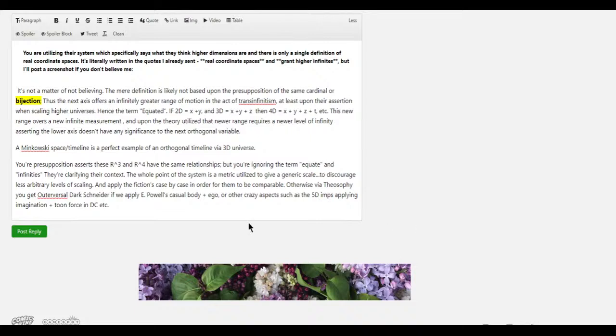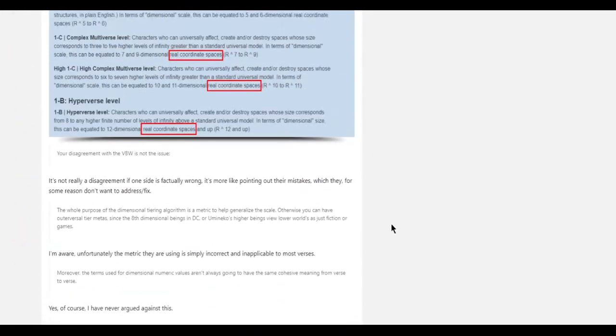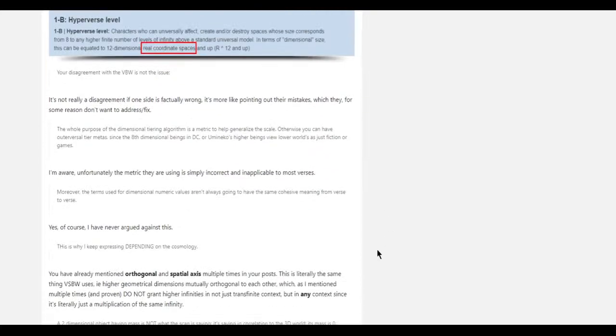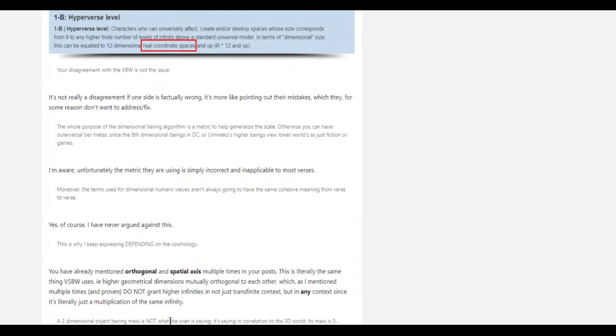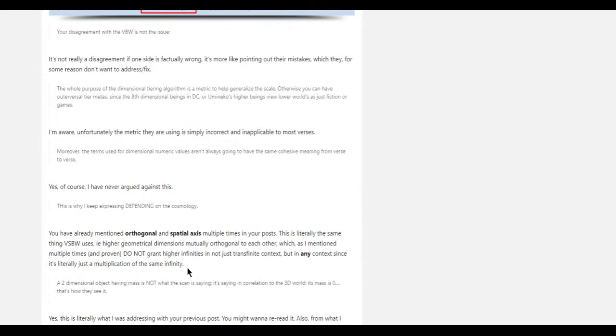To give you my final thought, this individual is very intelligent. But they're pulling more of a red herring. You've already mentioned orthogonal spatial axis multiple times in your post. This is literally the same the Versatile uses. High geometrical dimensions mutually orthogonal to each other, which, as I mentioned multiple times, do not grant higher infinities. It is just transinfinite, and not just transinfinite context, but in any context, since it literally is just a multiplication of the same infinity. Here's a thing that he's not realizing. When you multiply,